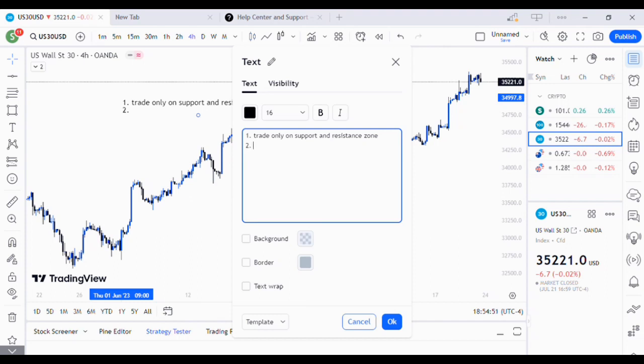And the second one, we're just going to have two. Two is trade